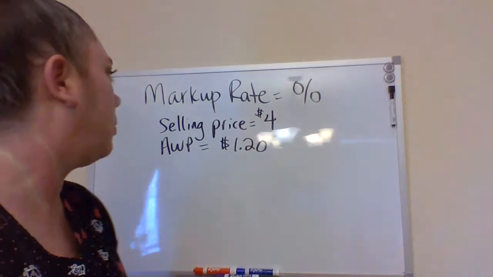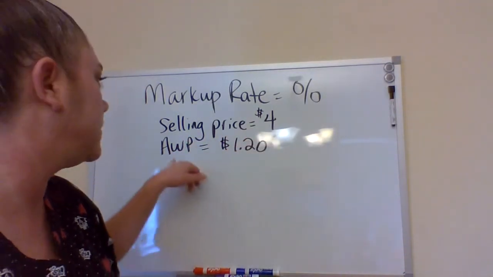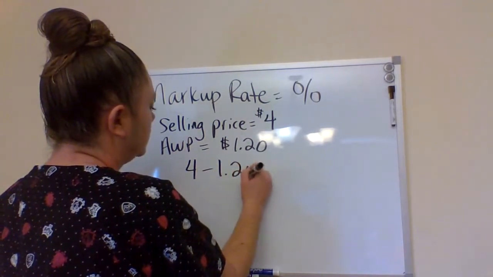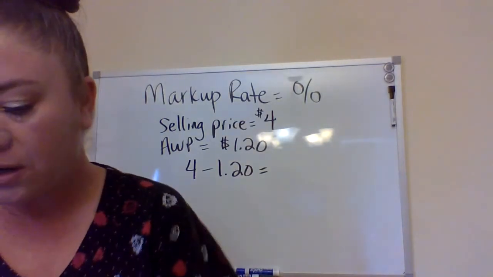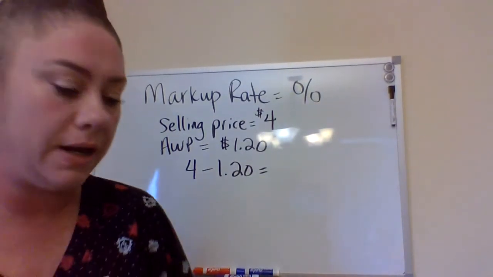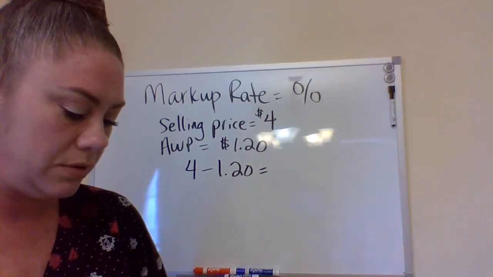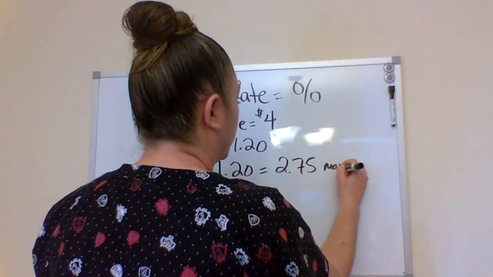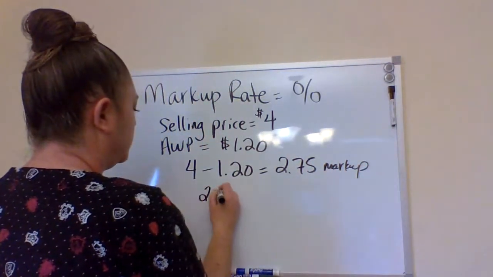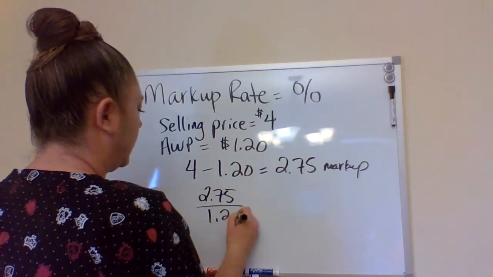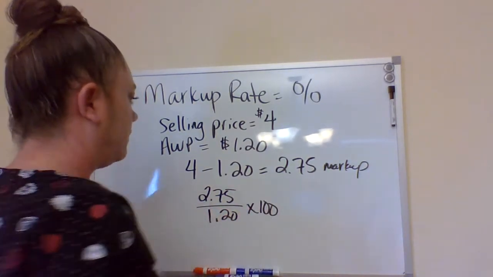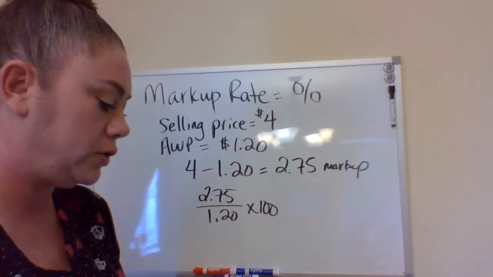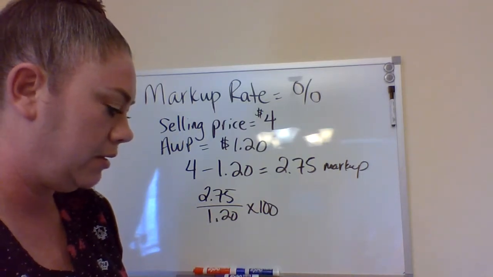We have another problem here. We have a selling price of $4. Our average wholesale price is $1.20. So we're going to take 4 minus $1.20, and that's what's going to give us our markup amount. Again, that is a dollar amount. So we have $2.80 as our markup. We're going to take that divided by 1.20, because that's our average wholesale price, which is 2.29, times 100, and we get